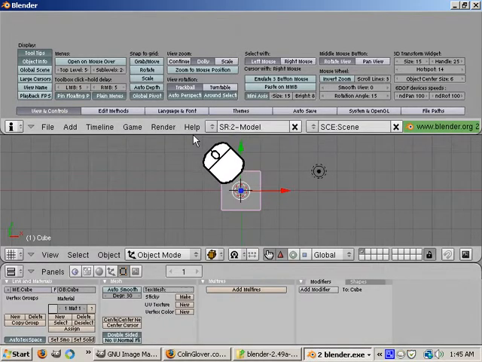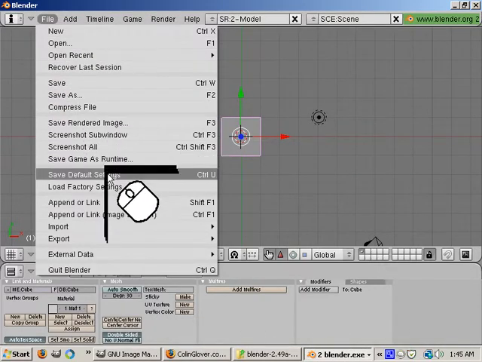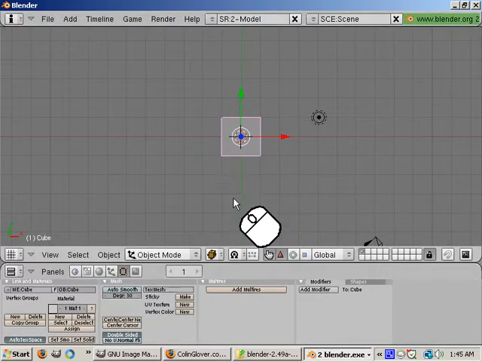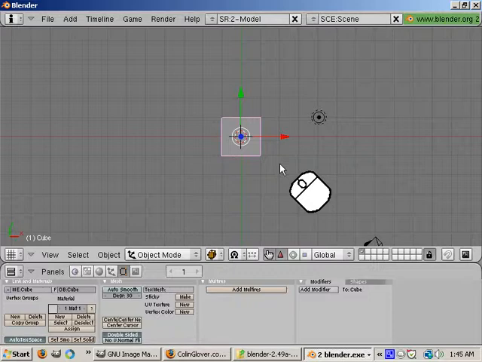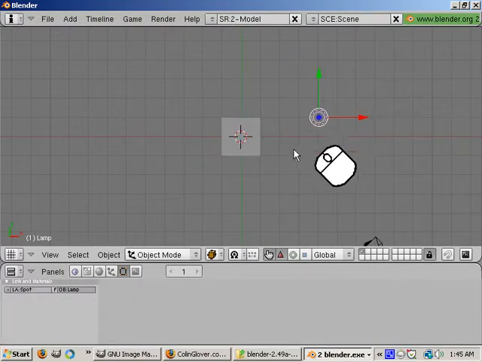Now with those three things turned on, you can just push the border back up, and over here on the file menu there's save default settings, and every time you start up you should see this and it should be set up right. One more thing that I like to do, as of right now, you use the left mouse button to select things. That's fine. Use the right mouse button for your context menu